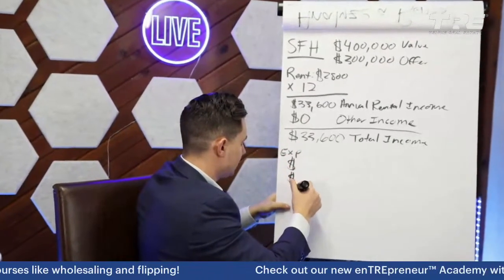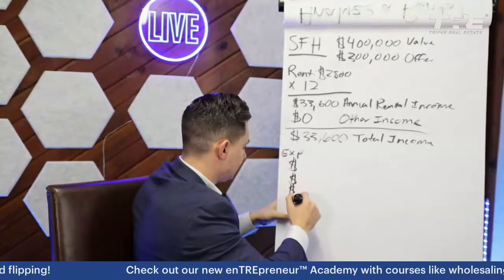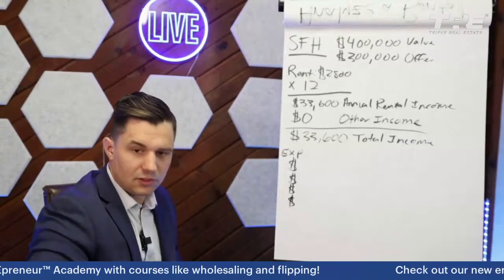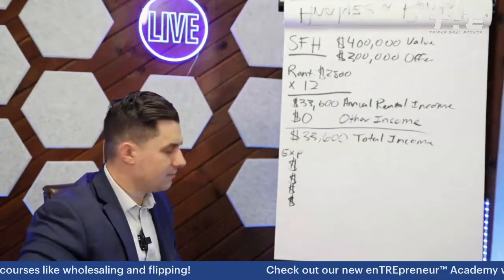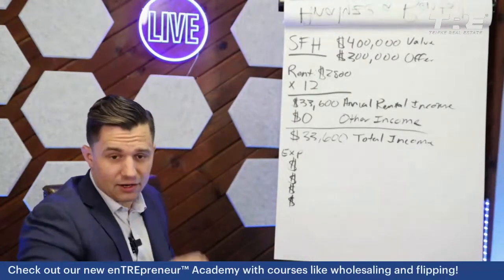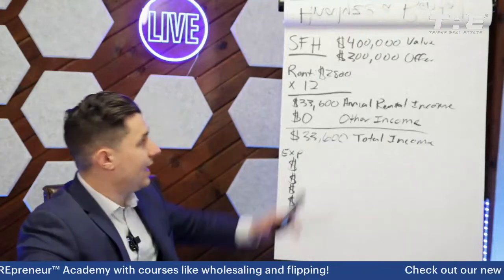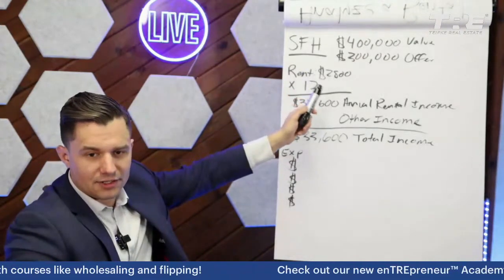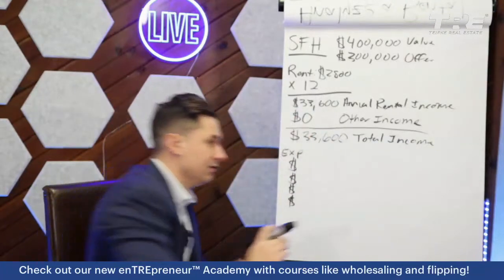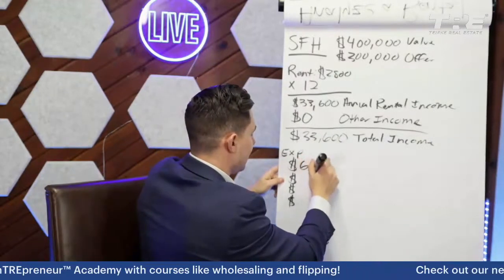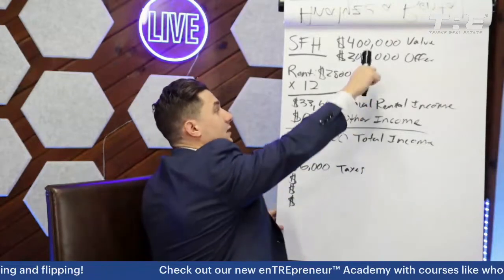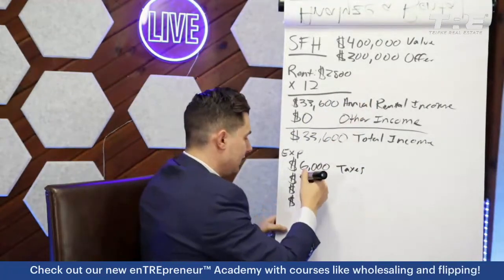Taxes, insurance, management, repairs. All right, so let's start doing some math. So first, what we want to do is look at our expenses, and let's assume that a $400,000 property in Austin, Texas, is going to have about $6,000 worth of property taxes. Let's say the insurance on it is going to be